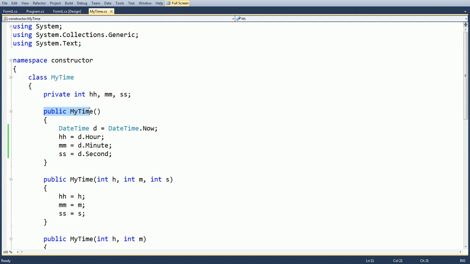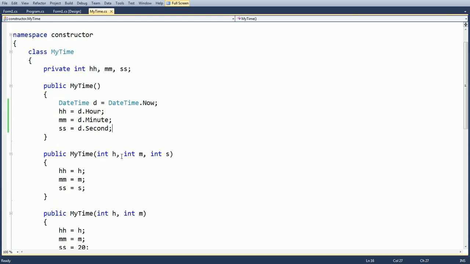Here is the constructor function. It is called a default constructor because it has no parameters, no arguments. Here we declare the object of date time, and by using this object we can directly access hours, minute, and second. It will return 24-hour time. It is known as a default constructor. The role of this constructor is only to initialize the object of the given class.